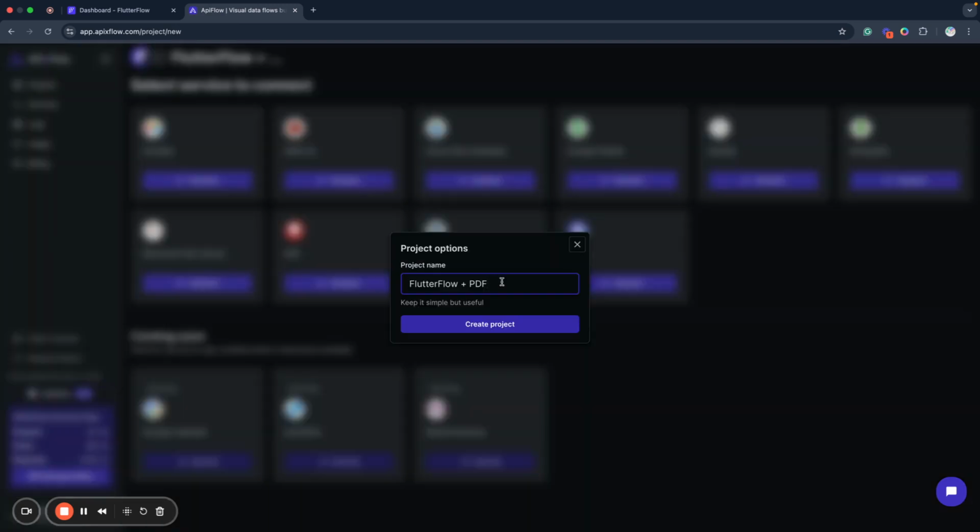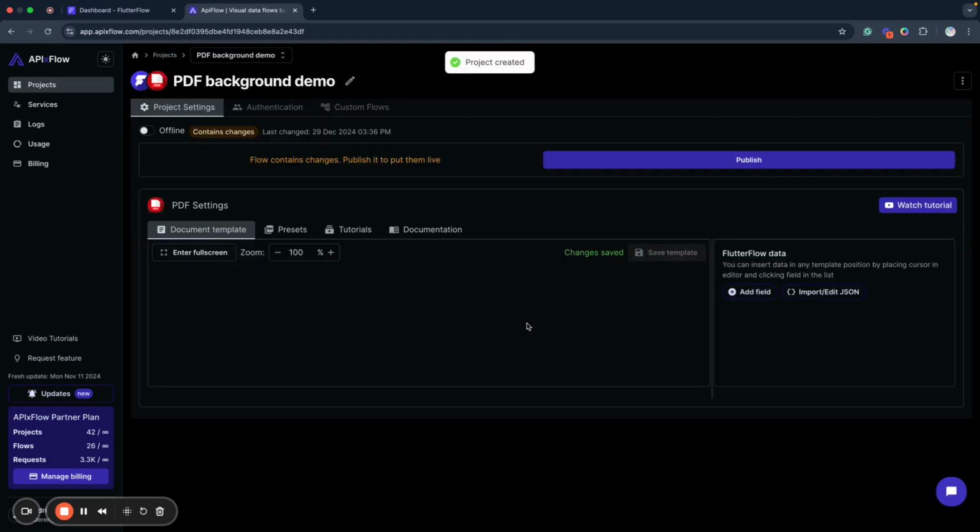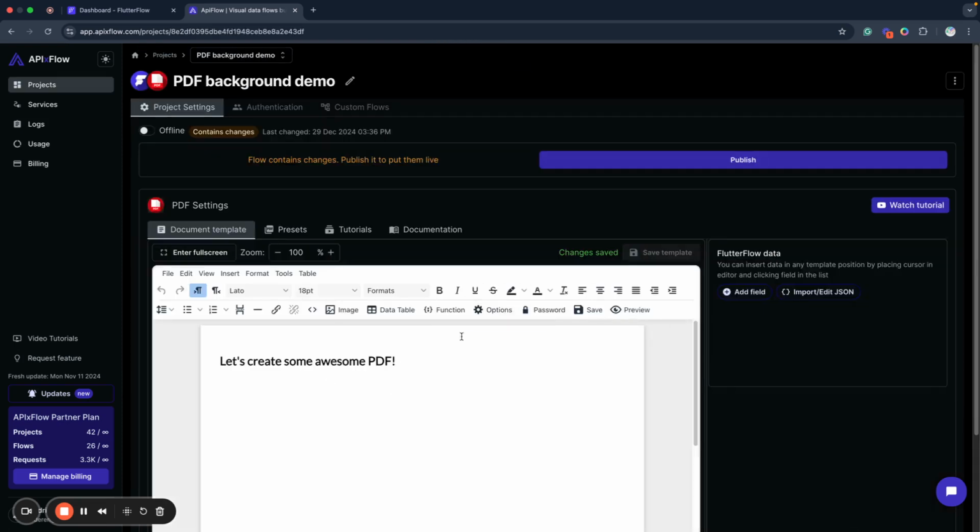generate our PDF. So we will create a new PDF project. Let's call it PDF background demo. And we create this new project. We have here some sample and write